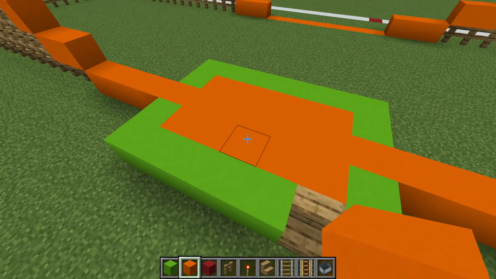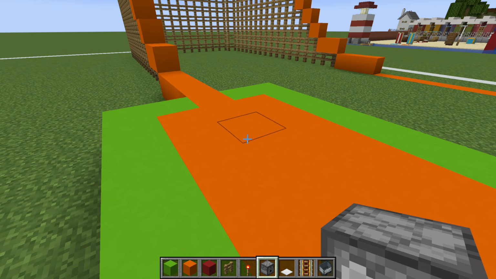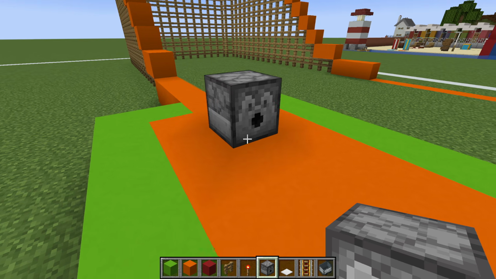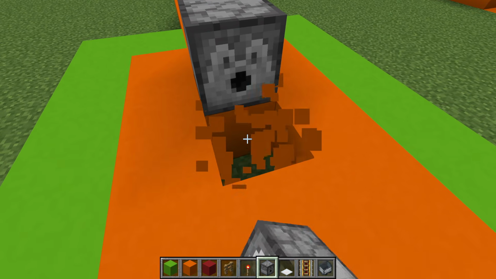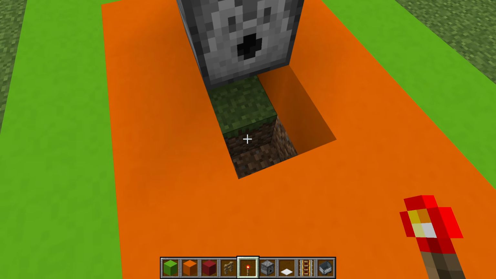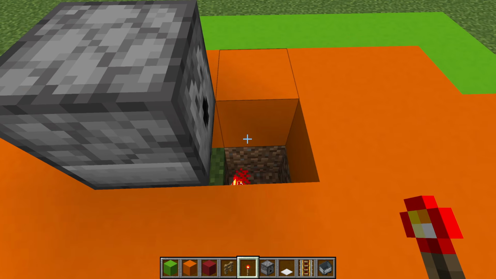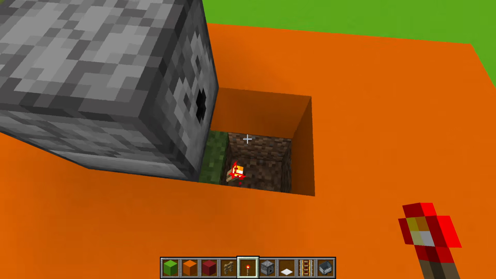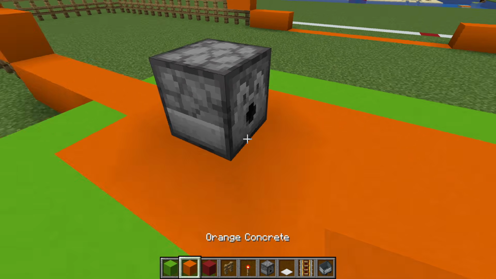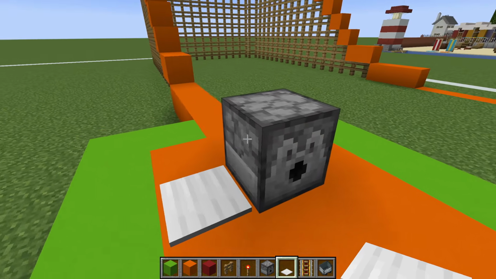However, we are actually going to have to do a little bit of digging. First of all, however, we need to place a dispenser in this position right here. We then want to dig underneath, like so, and place a redstone torch here. So in front of the dispenser, we just want to dig 2 blocks down, attach a torch facing this way. We can then cover up this hole, attach a heavy weighted pressure plate to the side of the dispenser,